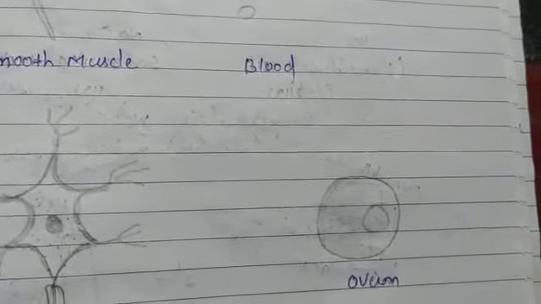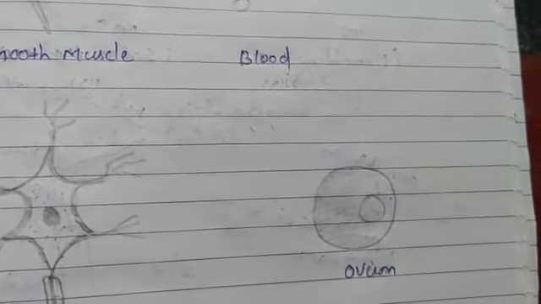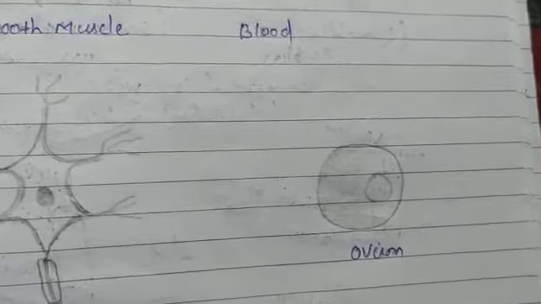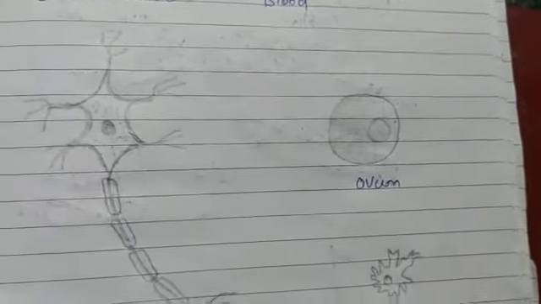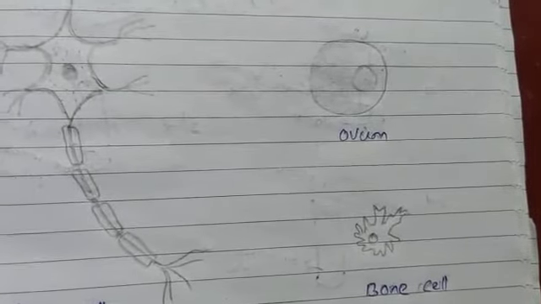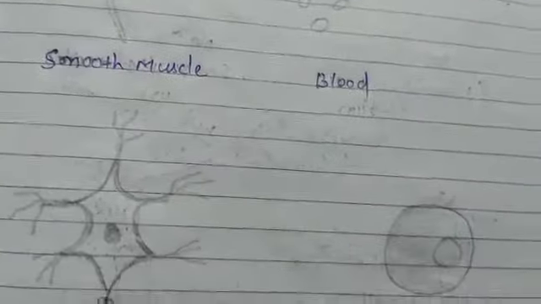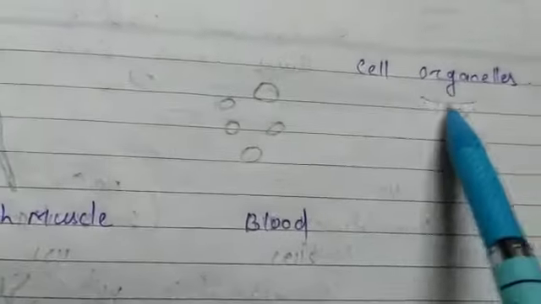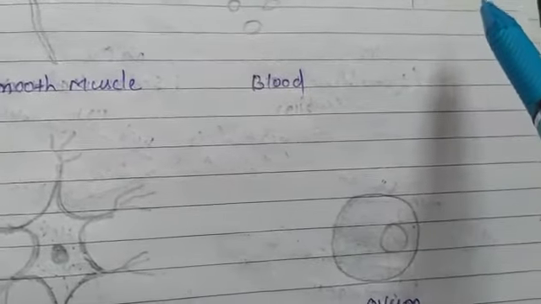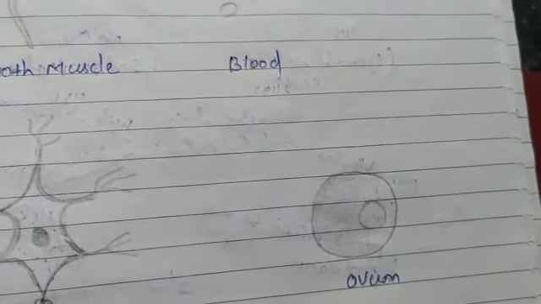It is very interesting that all the cells are found to have the same organelles. Whether the varieties of cells are different, whether the cells are doing the same function or different functions, or whatever organism they are found in, the cell organelles are the same in all the cells. So it is very interesting to learn about cell organelles. In the next class we will study the structure of the cell.